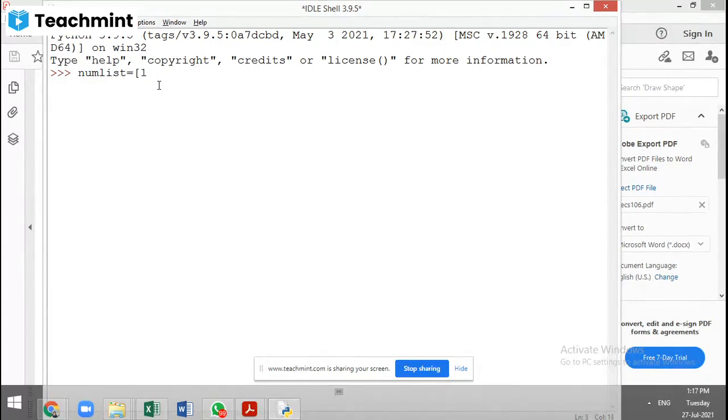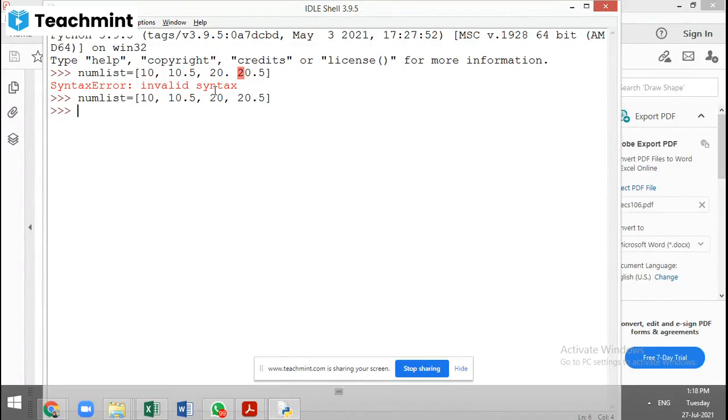Yes, sir. So I am taking a number list: 10, 10.5, 20, 20.5. I've taken this list. Okay, what was the error? You have given a point instead of a comma after 20. Right. Now it is correct.